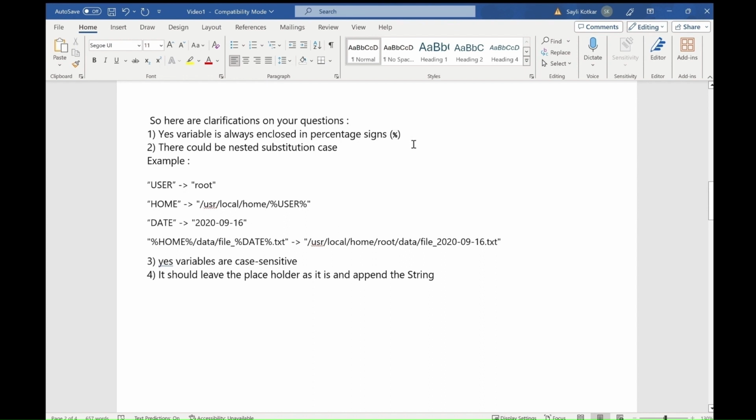Regarding the nested substitution question, yes, there could be a nested substitution case. For example, you can see it here. This example is a nested substitution where the variable user within the home variable requires substitution. Regarding the case sensitivity part, yes, variables are case sensitive. And the last question was